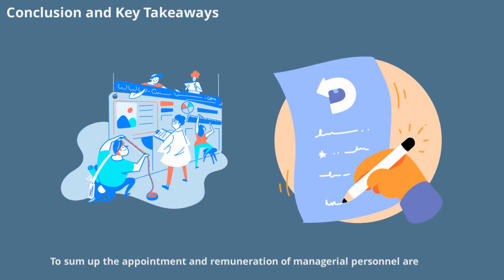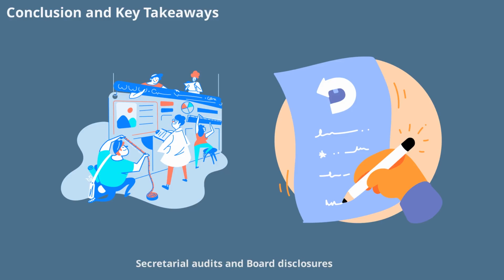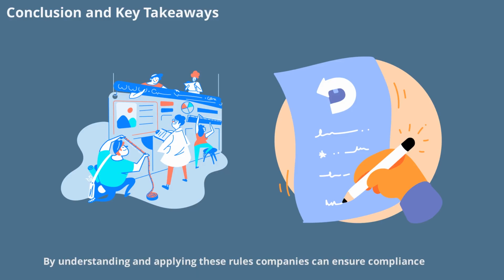To sum up, the appointment and remuneration of managerial personnel are governed by detailed provisions in the Companies Act 2013. Companies must follow strict eligibility, appointment, and disclosure requirements and adhere to remuneration limits based on profits and effective capital. Secretarial audits and board disclosures further ensure transparency and good governance. By understanding and applying these rules, companies can ensure compliance, attract top talent,